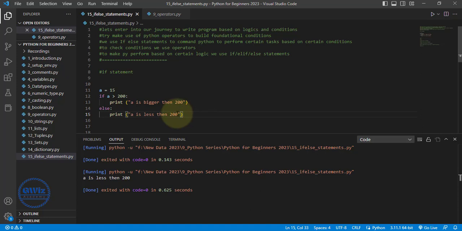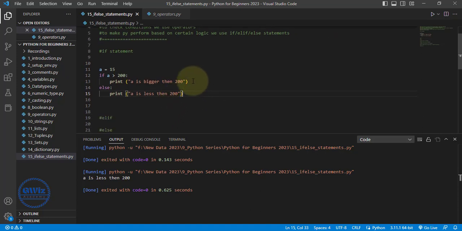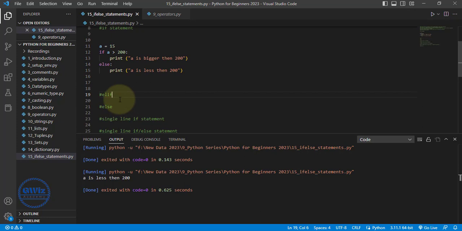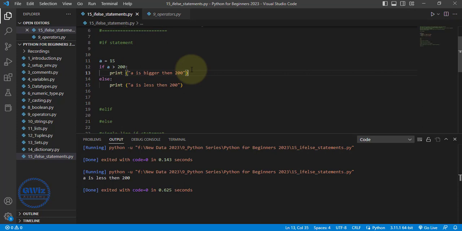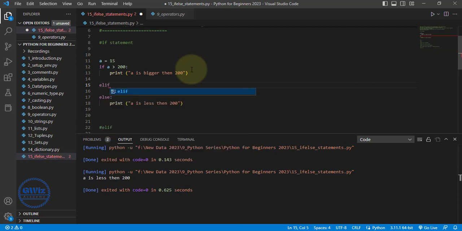We concluded that A is less than 200, obviously. Okay, now let me do one thing. If A is greater than 200, then print A is bigger than 200. So what I can do is I'll copy this whole thing, under elif, or let's say I'll write it here itself. So yeah, here what I can do is I'll go back again here and I'll write if, okay, and then again elif